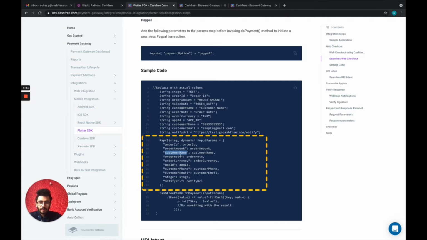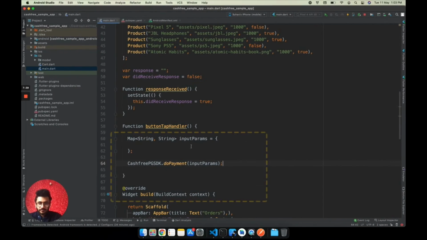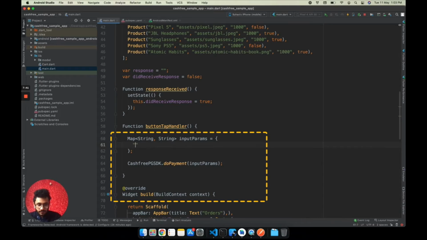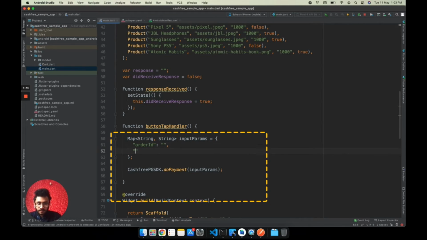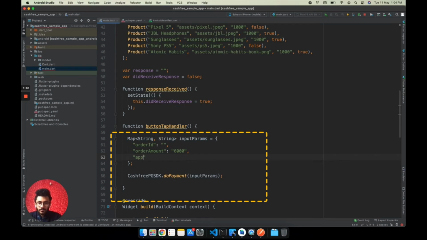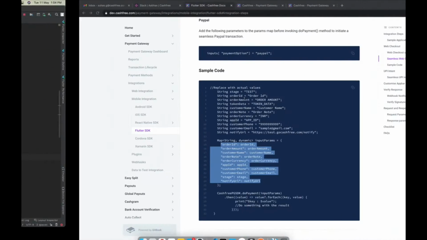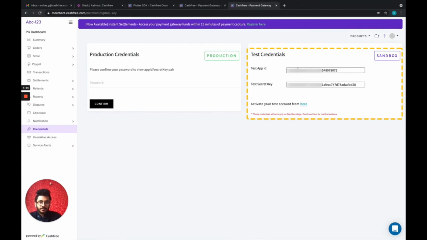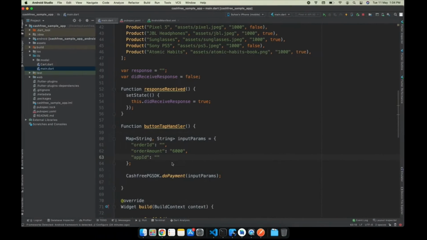Many of these are mandatory fields, and along with this, we also have to send the token data. So let's get this done. The app ID has to be the ID that we generated earlier. So let's copy this and paste it here.